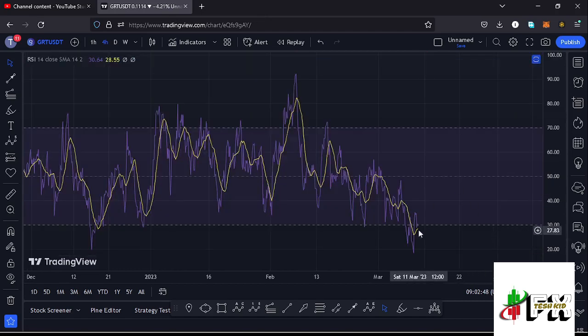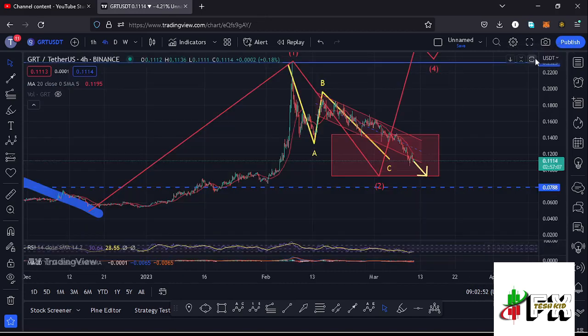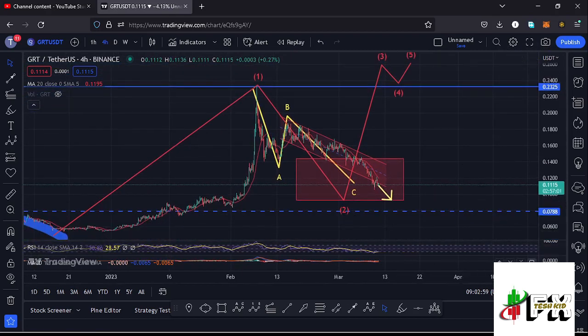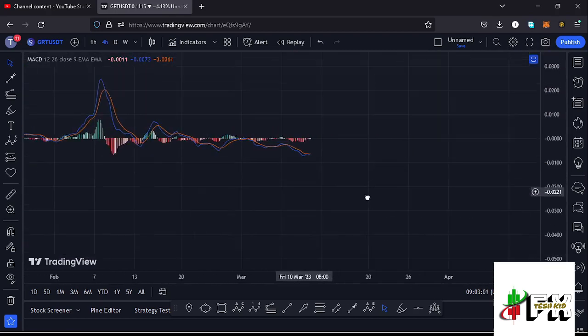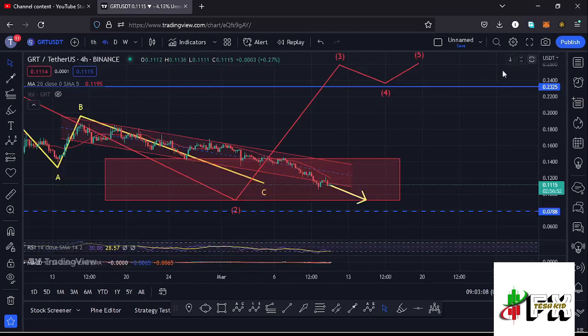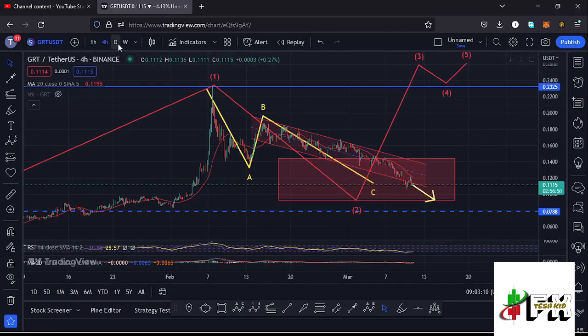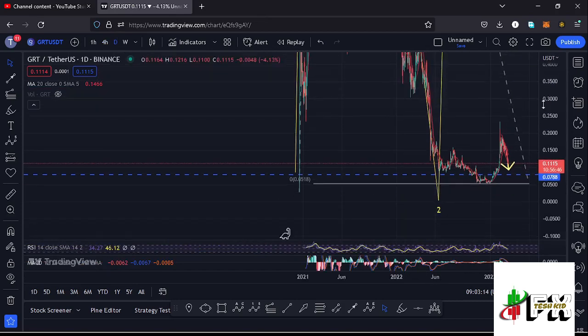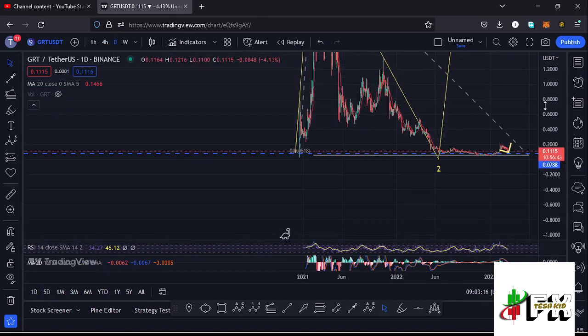You can see that on the RSI we are trading at around the 30 mark, meaning we have massive room for us to fully support higher prices in the formation of that wave 3. But in case the breakdown continues, that movement will still be supported on the RSI. On the MACD, we have been able to print a bearish cross, suggesting that there are chances that the breakdown might still continue back to the fib level 0.78. And jumping to the daily chart for further analysis and to give you the long-term scenarios that I'm expecting to play out,